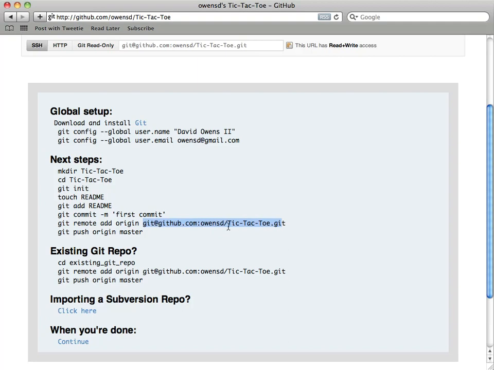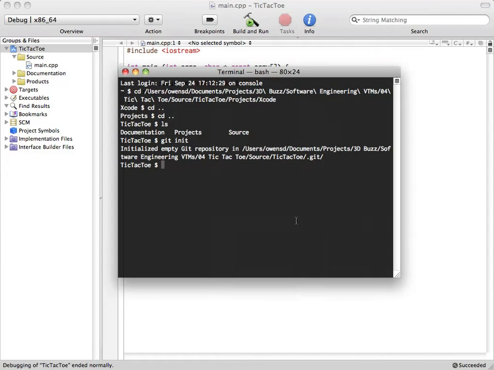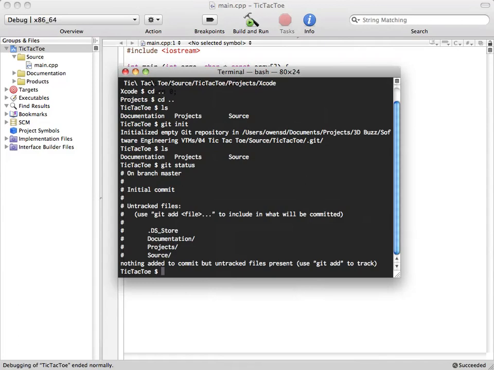Okay, so I'm going to go ahead and copy paste this because I don't want to type that and I won't remember the URL. Okay, so we know we need to jump over here, and if we do a listing again, we have all these files. And so Git has this nice little status command, and it'll tell you what's currently staged, and that's in this piece up here. And then this untracked files section tells you, hey, I don't know what you want me to do with these. You can see that I have this .DS_Store file, and I don't want that in my